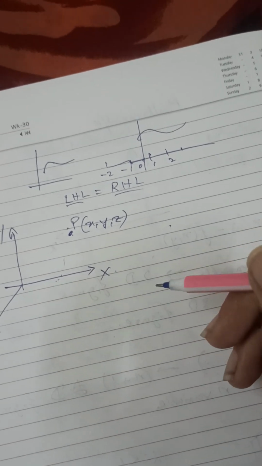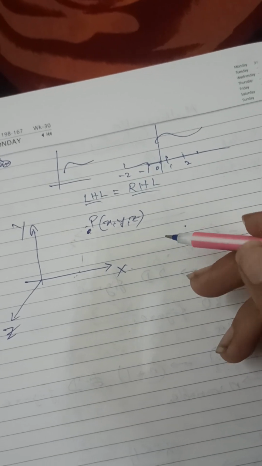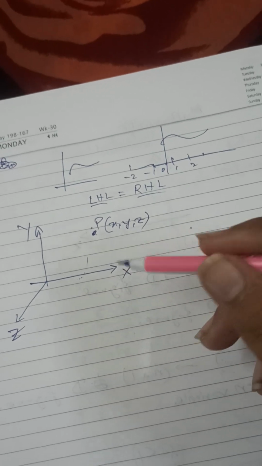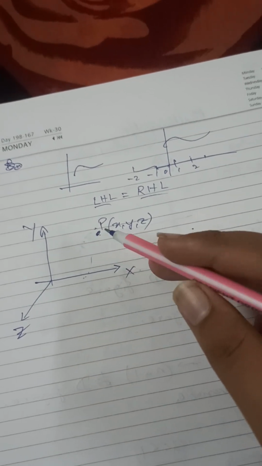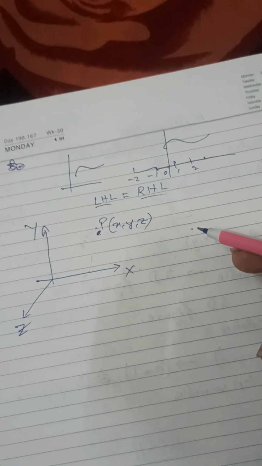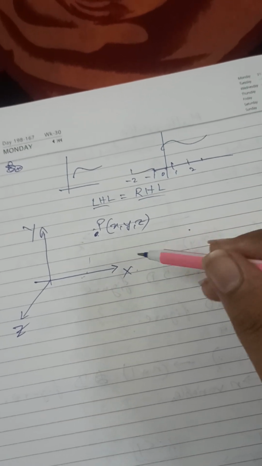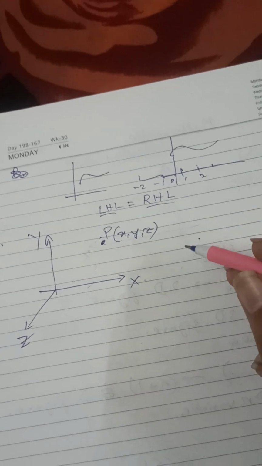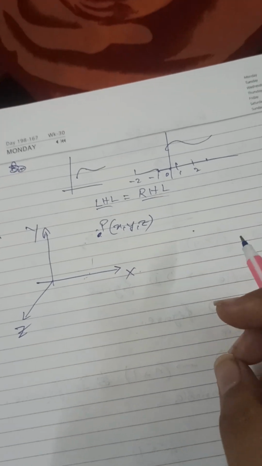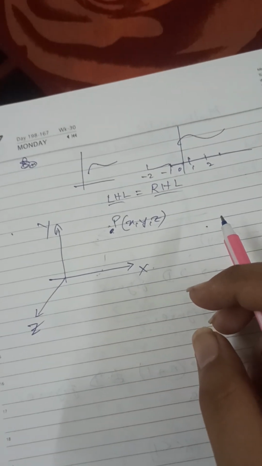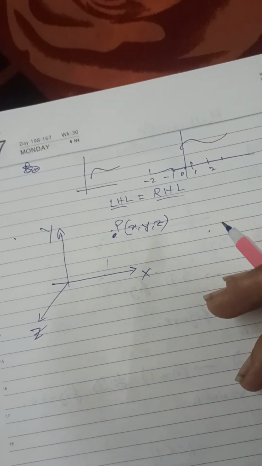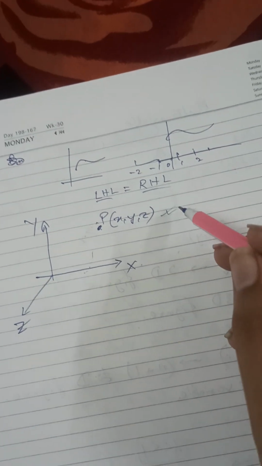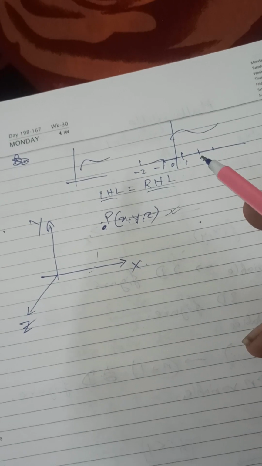nearest to that point. So while solving the problems of limits, we cannot take all the points in the vicinity of that point P. Why? Because in the vicinity of P there are an infinite number of points and we cannot do an infinite number of equations to solve a single problem. So the conclusion is that multivariable limit is different from the single variable